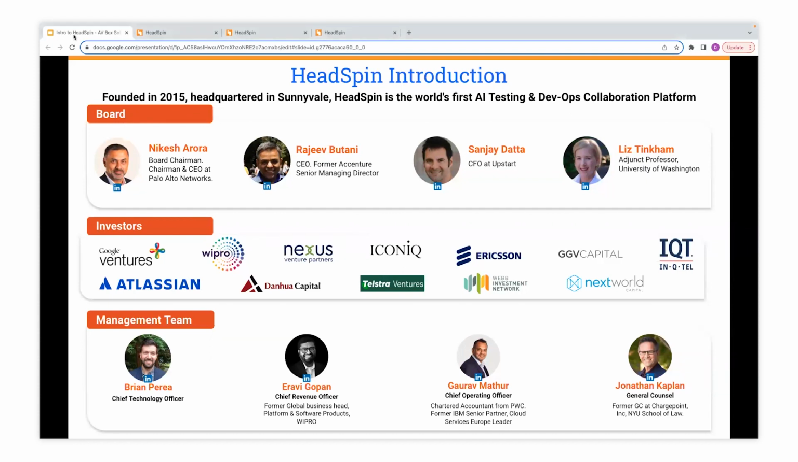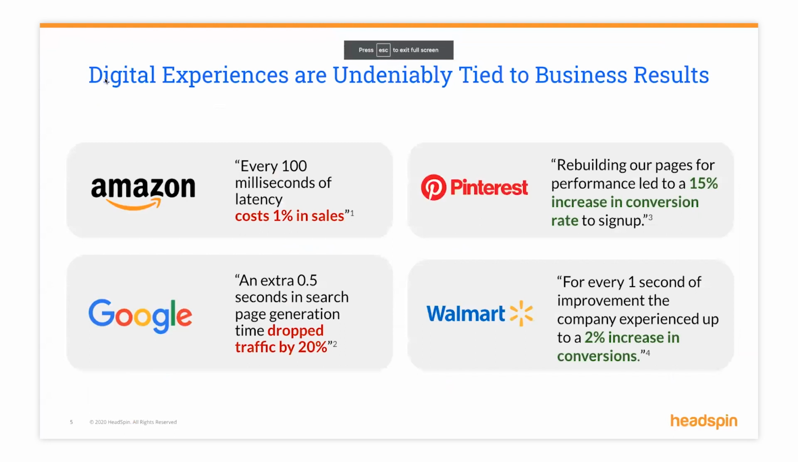So we recognize that delivering a great digital experience is an act of deep collaboration between the likes of product management, development, testing, and site reliability engineering teams. And our platform helps to drive that collaboration. So we're backed by the likes of Google Ventures and other notable firms. And in addition to Google also being one of our top customers, we've been blessed to be able to partner with some amazing brands such as Amazon, Pinterest, and a bevy of others whose digital experiences are undeniably tied to